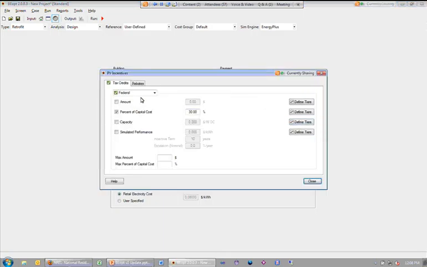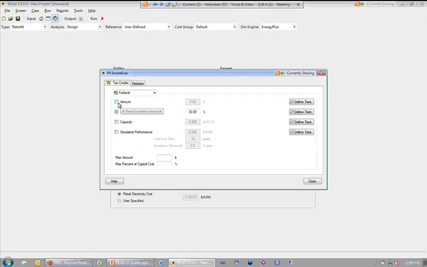And so when you open it up, you have the ability to specify both tax credits and/or rebates. For either one of these, you can specify them for different entities. So for tax credits, you can do federal or state. If I click on rebates, you can do federal, state, utility, or other. So you can keep that information separated. And for any given entity, we actually have quite a lot of flexibility to be able to define different types of incentive programs. You can enable one or more types of